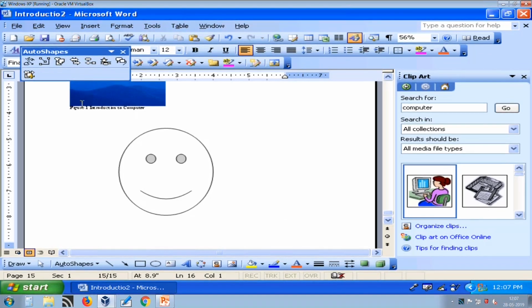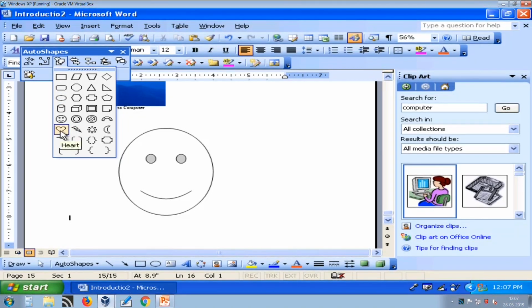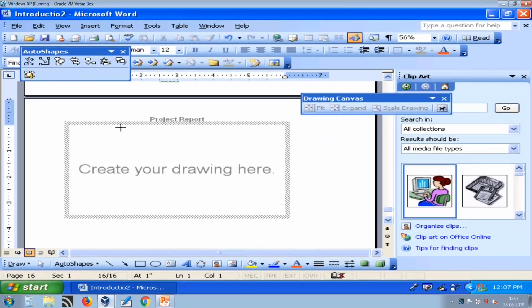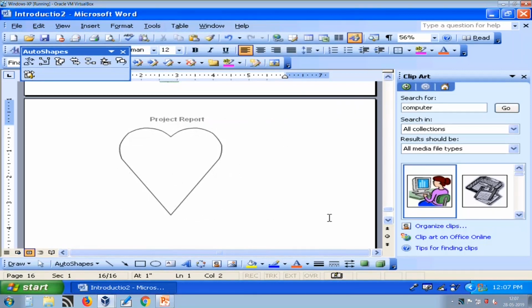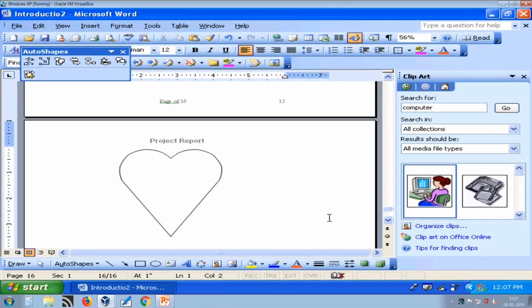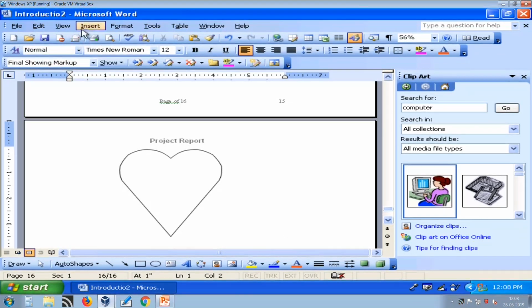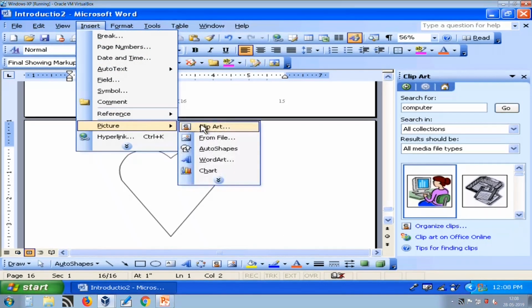Similarly, other basic shapes can also be used. For example, if I want to draw a heart, what I can do is just select heart and drag and draw the heart. So you can also use these kinds of auto shapes using these options.